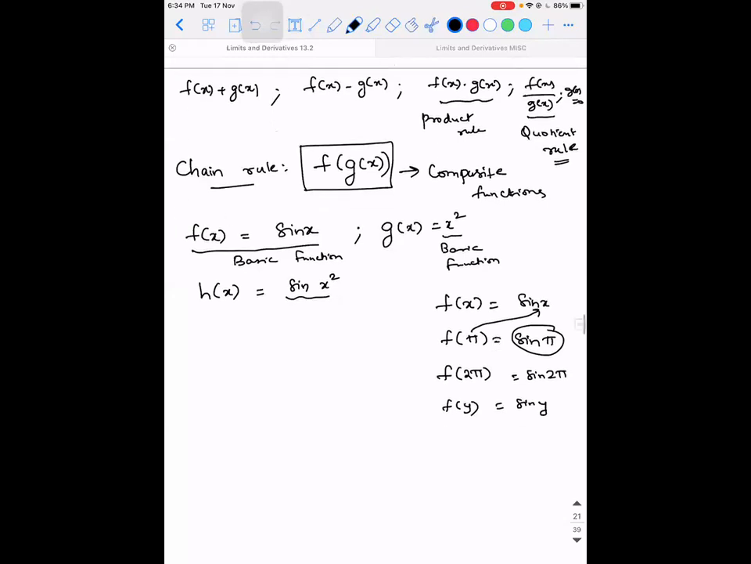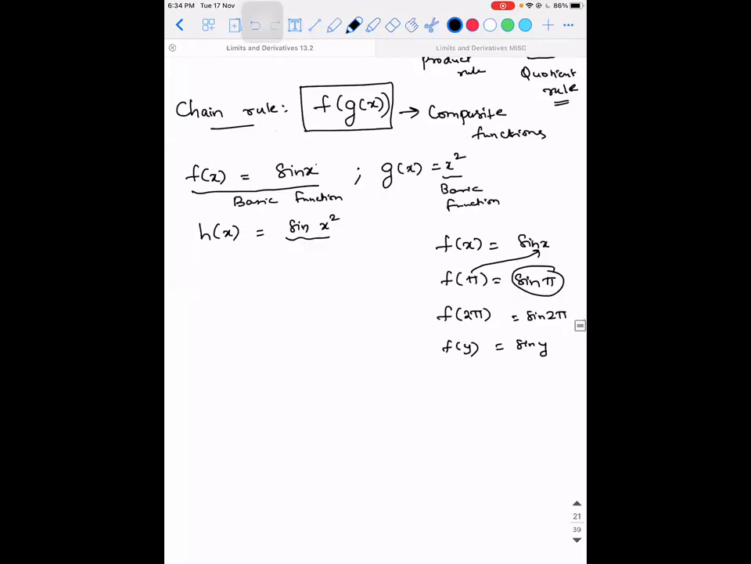In a similar way, in the place of x, what is coming in h of x? X is replaced